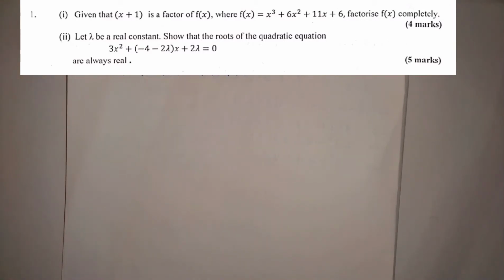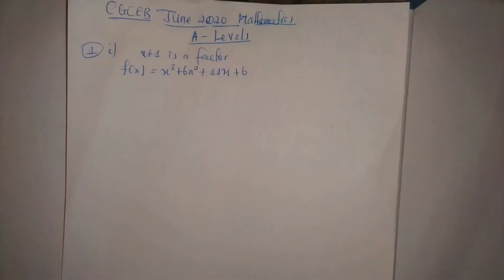The meaning of factorizing L of x completely simply means we need to obtain the factors of this polynomial in its simplest product. That is, we need to decompose this polynomial into the product of its factors. That's the meaning of factorizing completely. And here we are not required to solve for L of x equals 0, so we are just going to